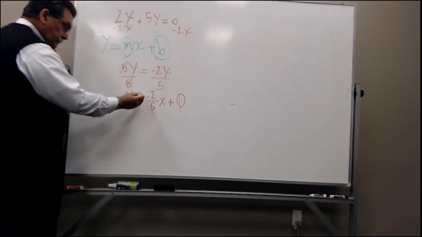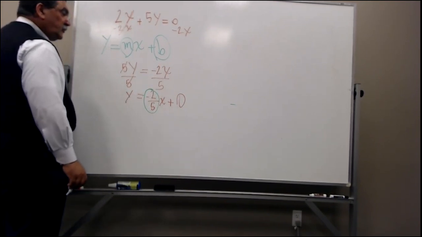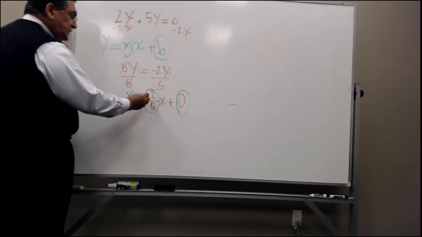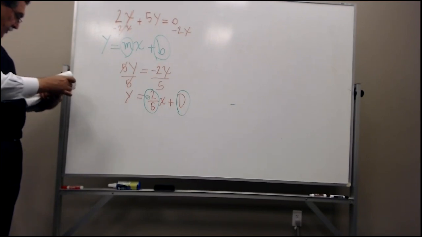So, what's my slope? Minus 2 over 5. What's my y-intercept? 0. What does this negative sign tell me? It's going down. So if I want to draw it,